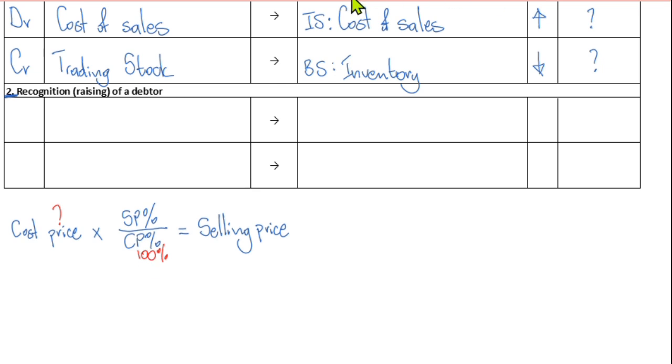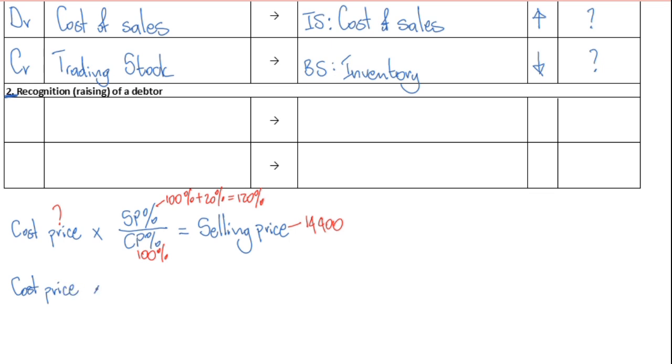We are told that our markup is 20% on cost price. Therefore, our selling price percent is going to be 100%, which is the cost price percent, plus 20%, which is the markup, equals to 120%. Our selling price for the goods is given as 14,400. So when we fill in these values into our formula, we end up with the equation